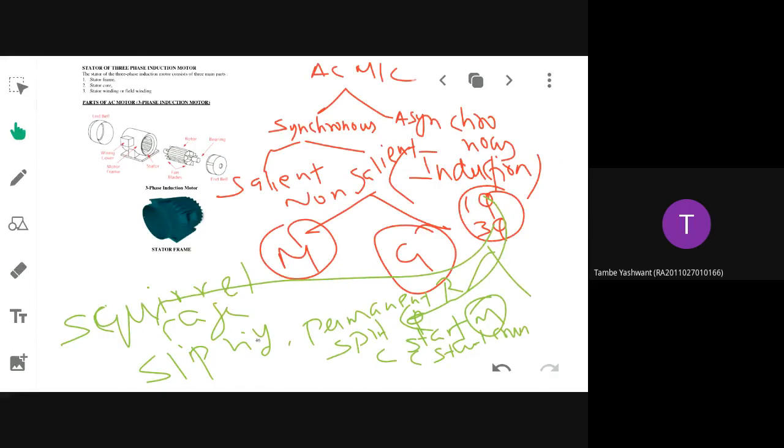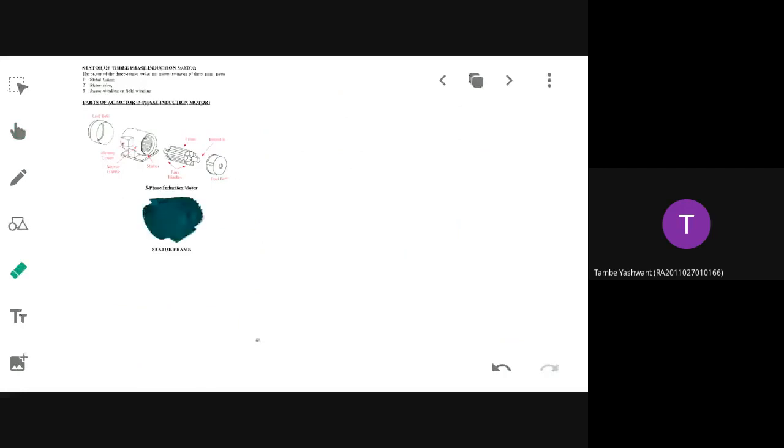The phase type depends on the usage of that machine. Single phase means only one winding will be there, which will be generating a single phase AC supply. We will not have a three-phase induction motor in a ceiling fan, because it is running on single phase AC supply. Why do you need a three phase induction motor there? Okay, so this is how you will be classifying the machines.